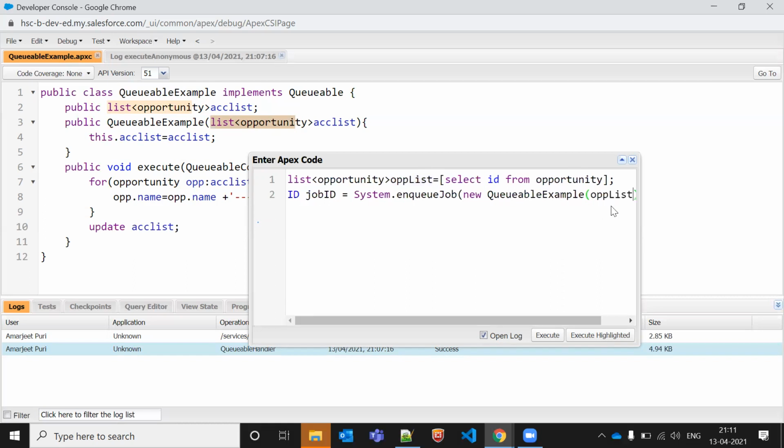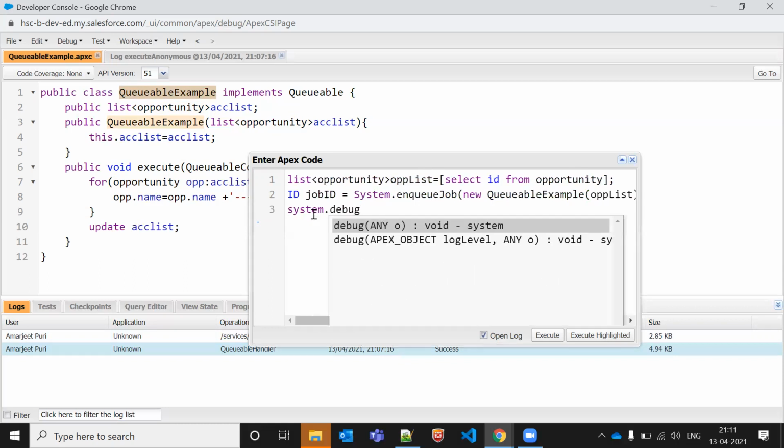Okay, so let me do one thing. Let me just fetch the, as I'm saying, we can track the ID as well. So let me just track the ID. Let me write a debug log in this one. System.debug